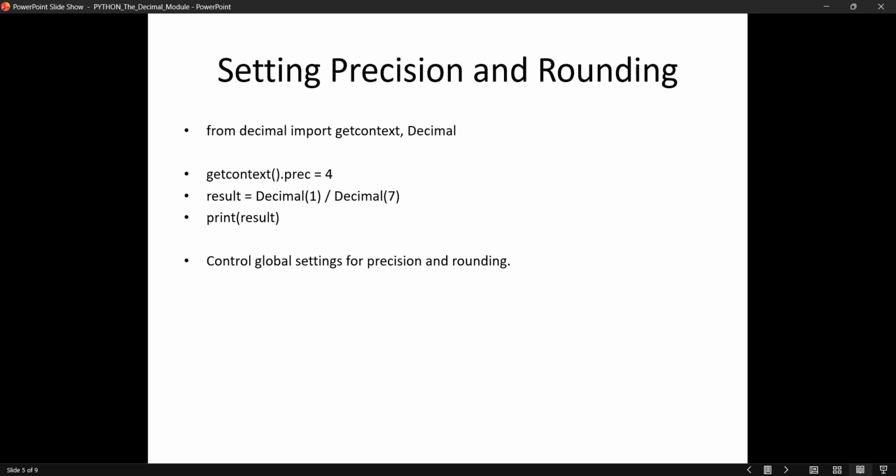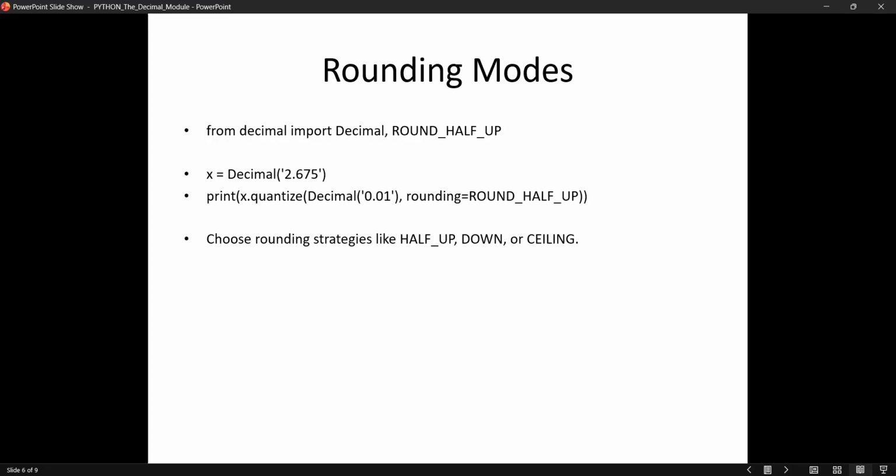Setting precision and rounding. The getcontext function controls how the decimal module behaves. You can change the precision, the number of digits, globally. Rounding modes. The decimal module also gives you full control over rounding methods. For example, here